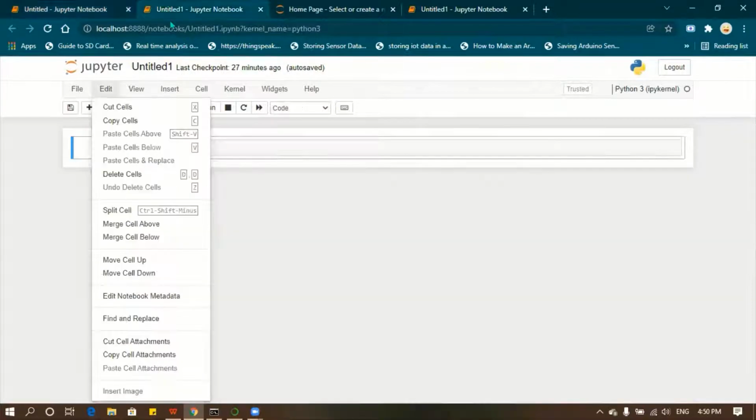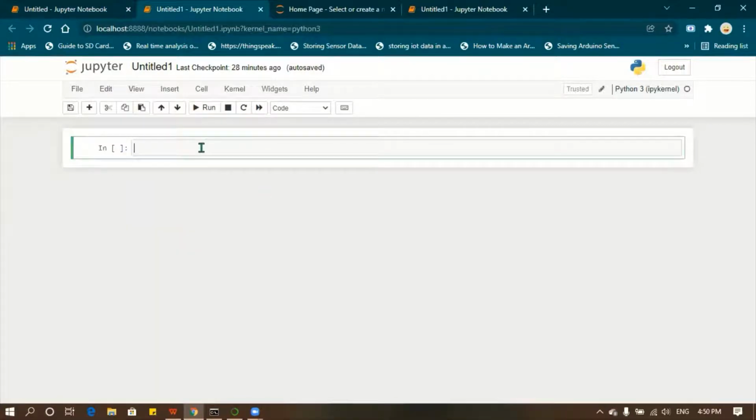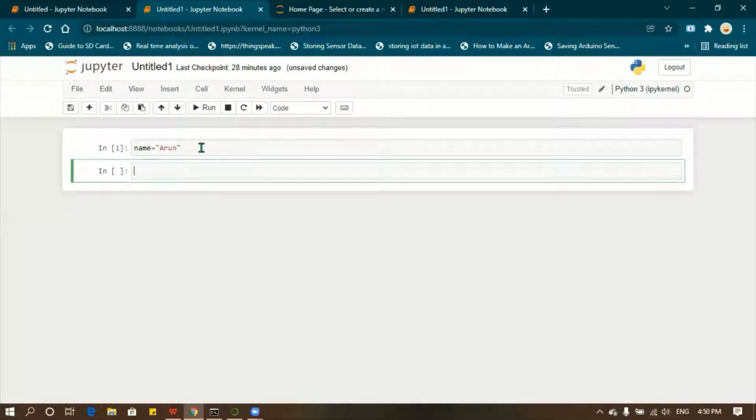For example, here I have name equal to Arun. Now I'm pressing Shift Enter. It will run that cell and create a new cell. That is one thing. And if you don't want to create a new cell, for example, age equal to 12, I'm going to run the cell but I don't want it to create a new cell.